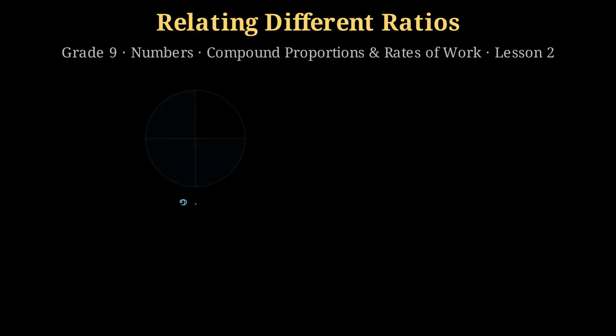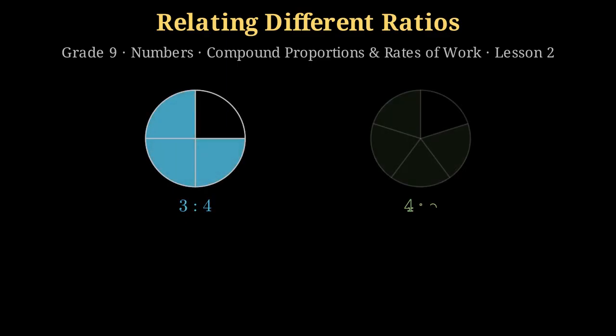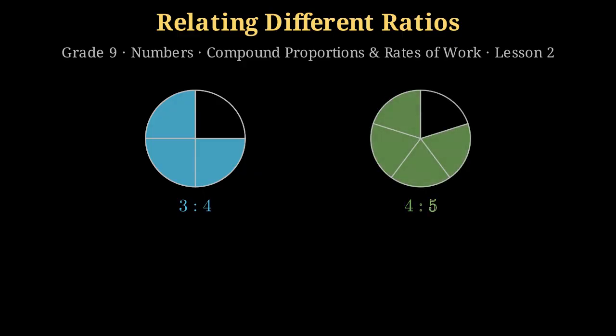Look at these two circles. The first is cut into 4 equal parts, and 3 are shaded. The ratio of shaded parts to the whole is 3 to 4. The second is cut into 5 parts with 4 shaded, 4 to 5. So which shaded part is bigger? By eye, it is almost impossible to tell. They look the same. By the end of this lesson, you will settle questions like this in seconds with 3